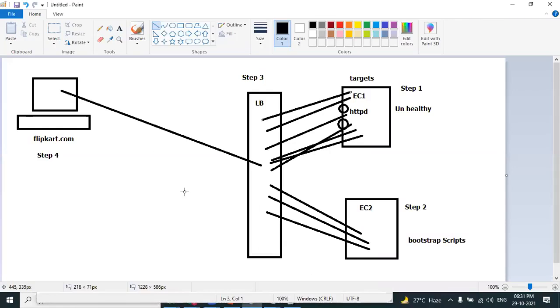When the traffic increases, at that point of time, the new hardware, new infrastructure should be created. At the same time, when the traffic decreases, the EC2 machine should be removed automatically. Automatic scaling, scale up and scale down. This is called auto scaling. Continuation of load balancer is auto scaling. So we already have discussed about load balancer. The next related concept of load balancer is auto scaling.